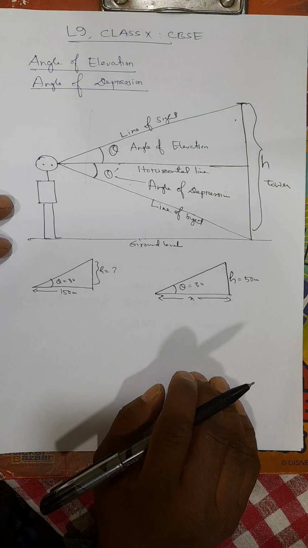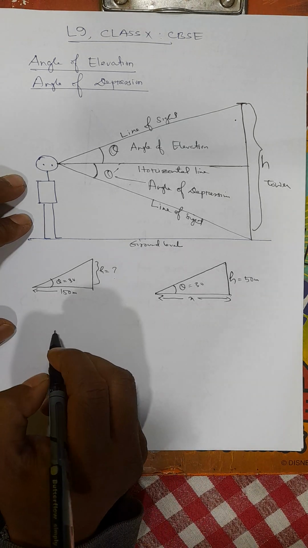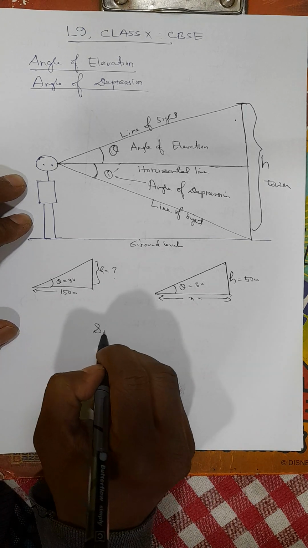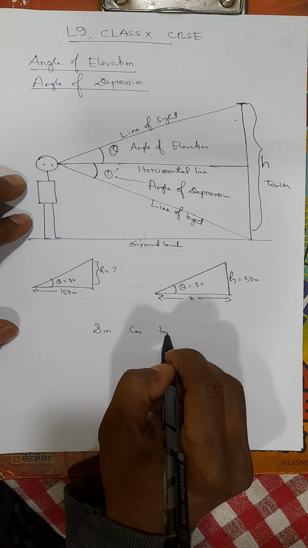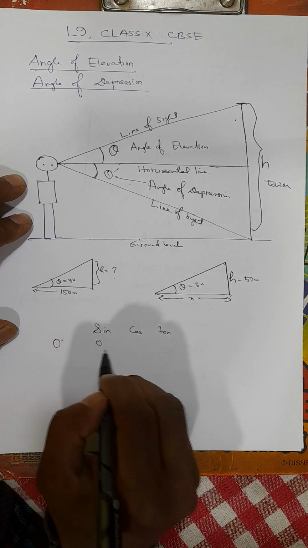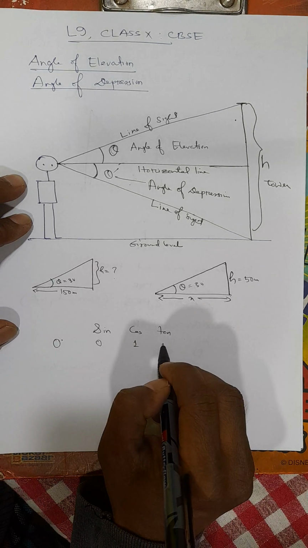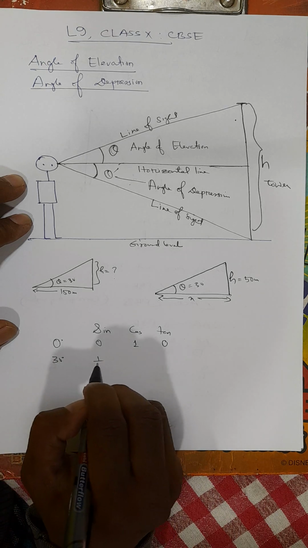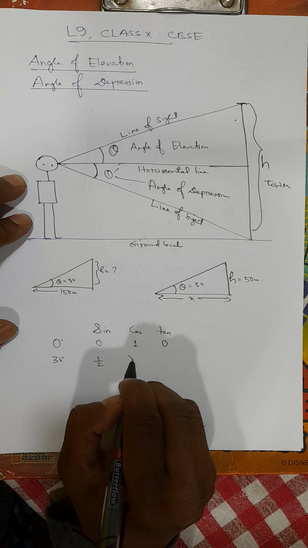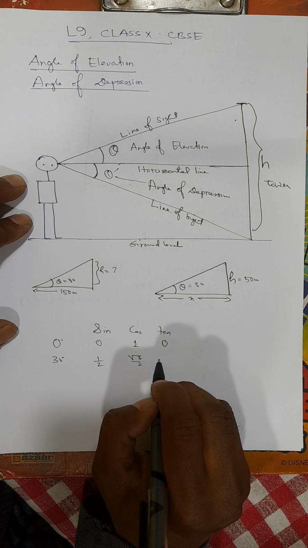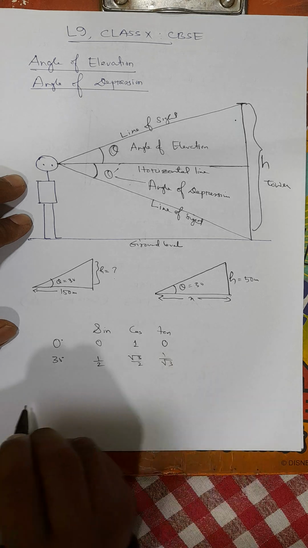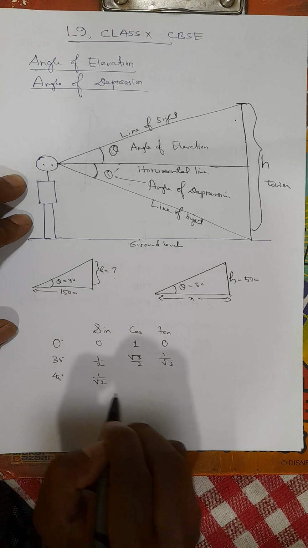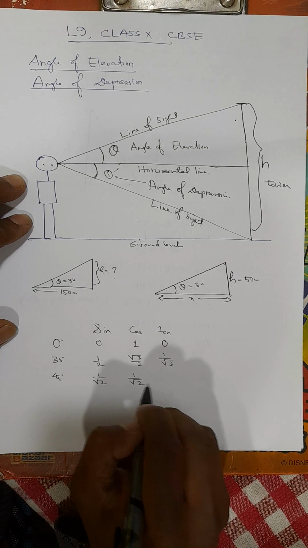Now let us remember the values of some special trigonometric ratios that we discussed earlier. Remember sine, cos and tan. Sin 0 degree is 0, cos 0 equal to 1, tan 0 equal to 0. Then 30 degree angles, sin 30 equal to half, and cos 30 is root 3 by 2, tan 30 equal to 1 by root 3. Then 45 degree angles, sin 45 degree is 1 by root 2, cos 45 degree is 1 by root 2,